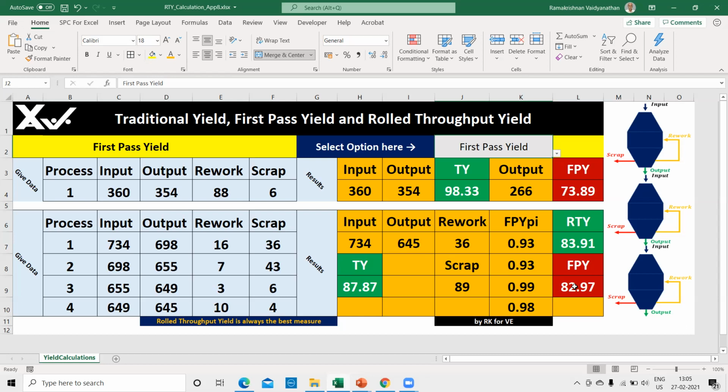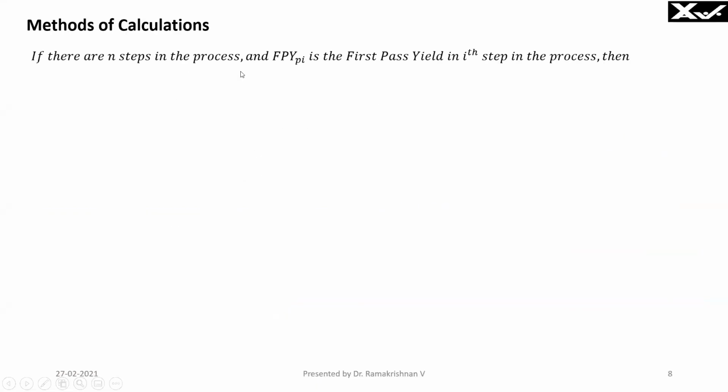Divided by 734 is 82.97. So you can calculate first pass yield for a single process or multiple step process using this template. We'll go back to the slide and see what is the rolled throughput yield. If there are n steps in the process and FPYi